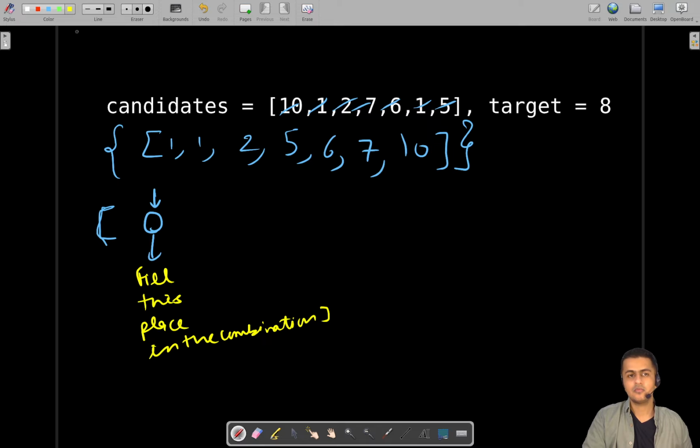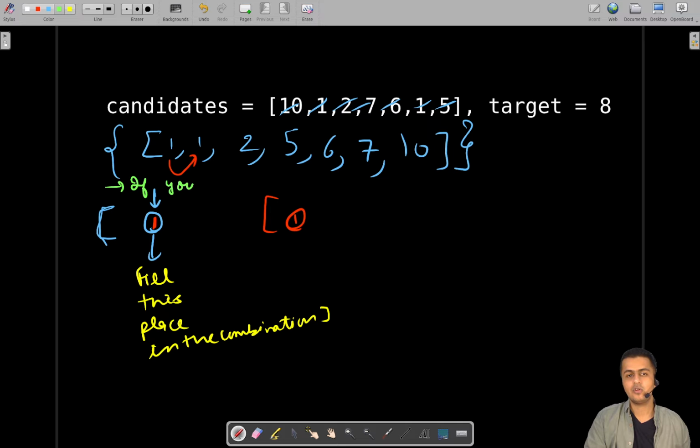Okay, so you just put 1 here, and then you went to the next one. So you see that again you are considering for the same place. You are considering a different option for the same place, and it is the same value. But if you keep putting 1 in the same place, irrespective of whether it was a 1 from a different index, if you are putting the same thing in the same place, that will result into duplicates. Okay, so the observation here is,